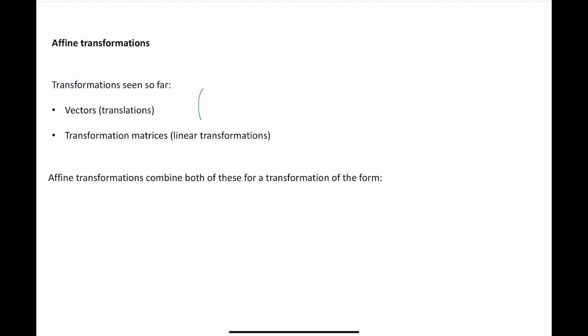The vectors are of the form two numbers, let's call them E and F, in a vector, and they define the movement in the x and y direction. Okay, and then as you've just seen, we have transformation matrices that we use for linear transformations, and these are 2 by 2 matrices of the form A, B, C, D, where A, B, C, and D are just some numbers. Okay, so affine transformations just combine these two types of transformations so that we get a linear transformation and